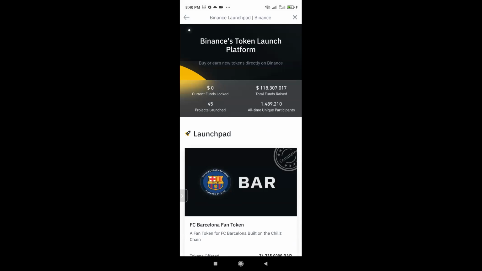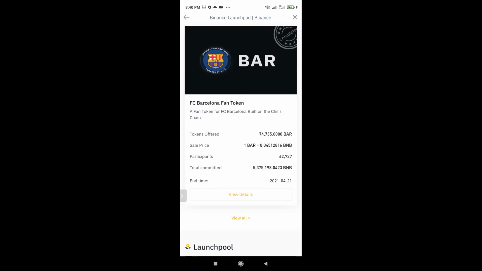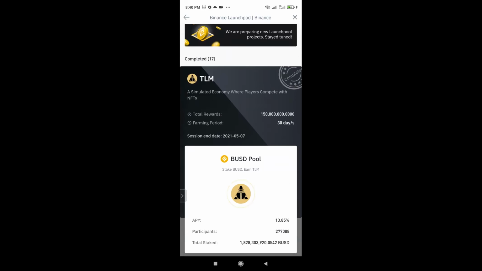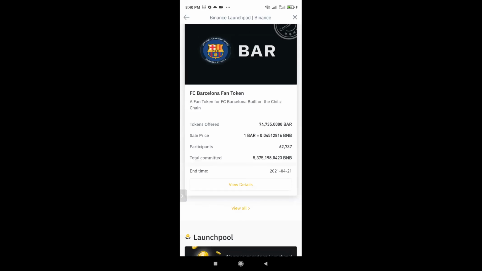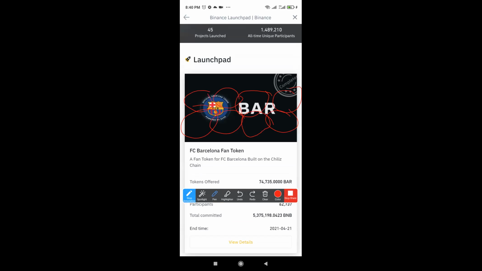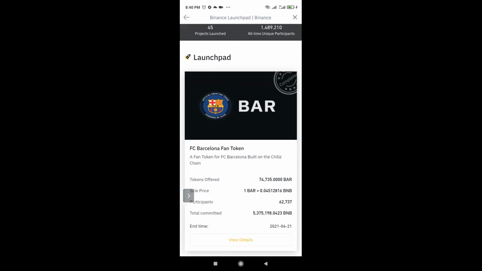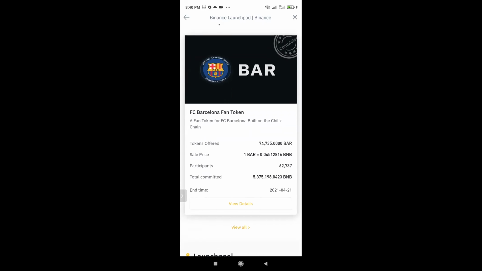So it is a launch pad where you will see announcements that a particular token will soon be launched, or that Binance wants to support a particular token. It's here that you get all that information. So you can see this bar. This is another token that's about to be launched. Although it's still in the token phase and not really matured yet, people will start investing in it from now, because it will have some potential in the future. So it's good once in a while to come here and look at this place and know if there's something you can work on.